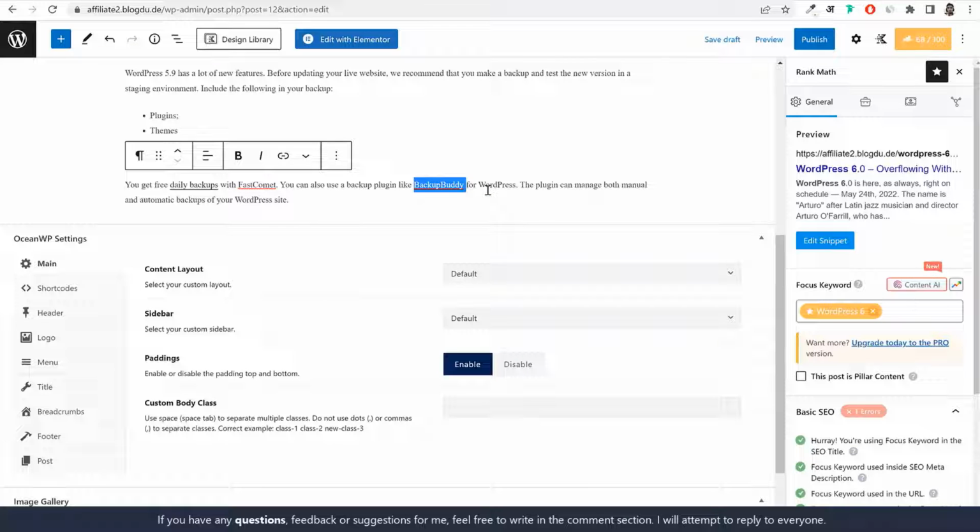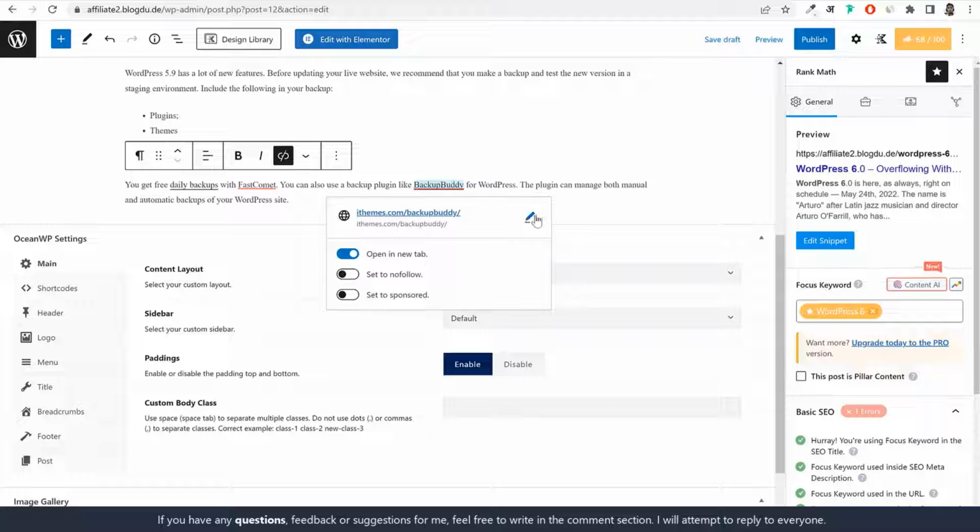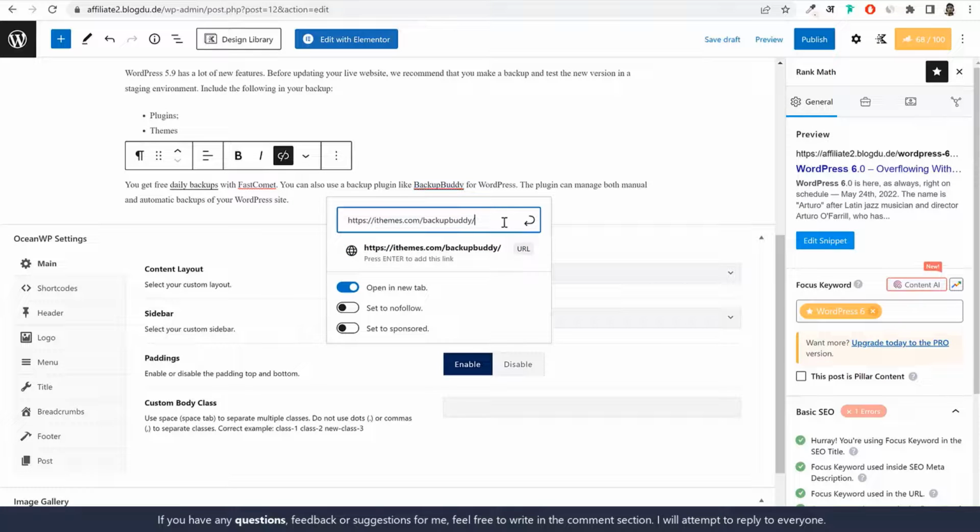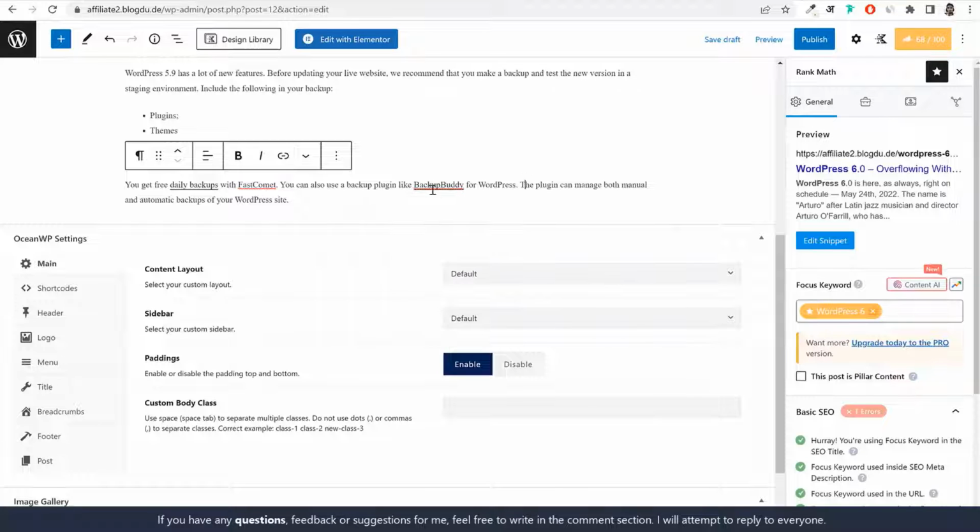Now, maybe if you are an affiliate with Backup Buddy, you can add your affiliate link, and here is how you will use it. First, let me remove this link. So I'll click on this thing, select this option, and link is now removed. Now this is just a regular thing. Now Backup Buddy is a plugin, and maybe you are an affiliate for that plugin. And if you want to get commission if somebody clicks on this link and purchases it,